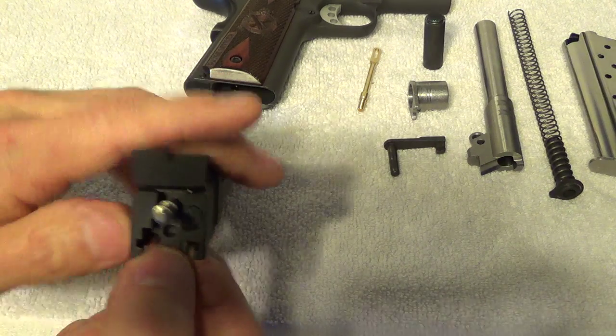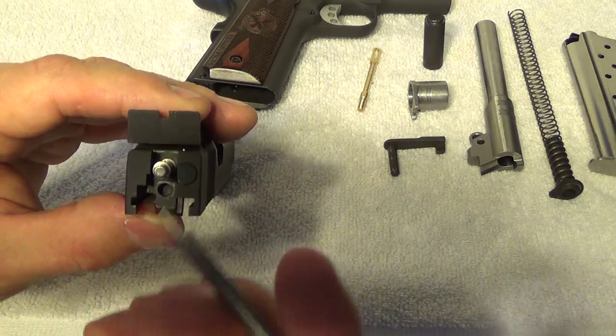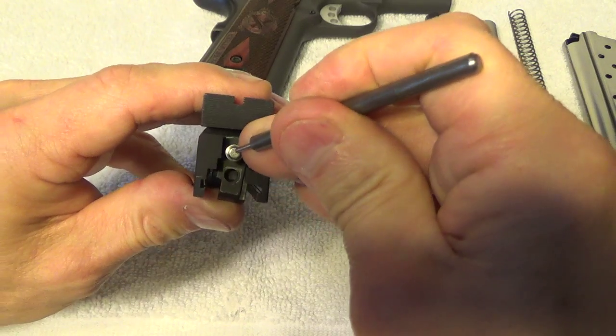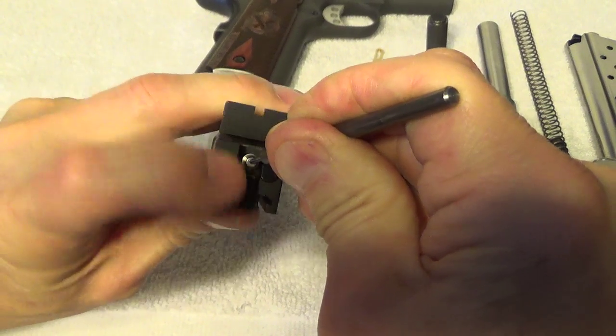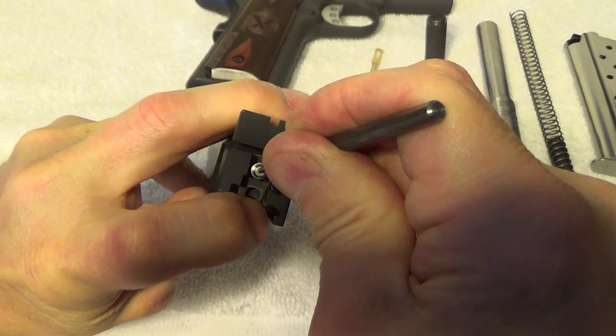Once it pops into that, it's going to hit the firing pin and it's not going to go any further. Just keep it up against that, and then you got to find a suitable tool, which I use this decapping tool myself. It works for me. Press on the firing pin, be careful, don't let it go because it will sail clean across the room and you may never see it again. Press the firing pin down,